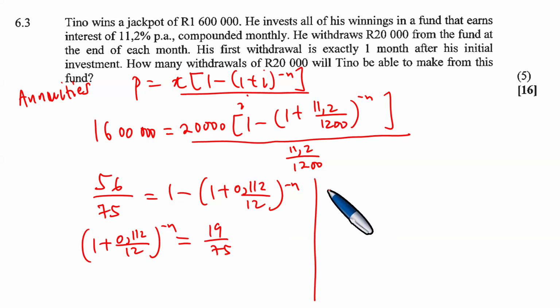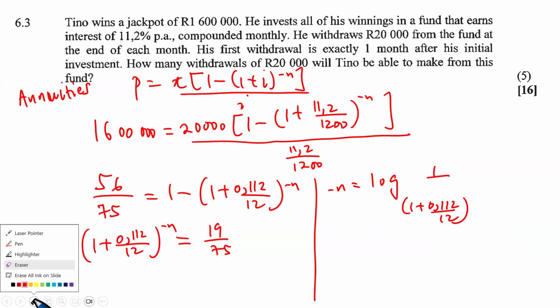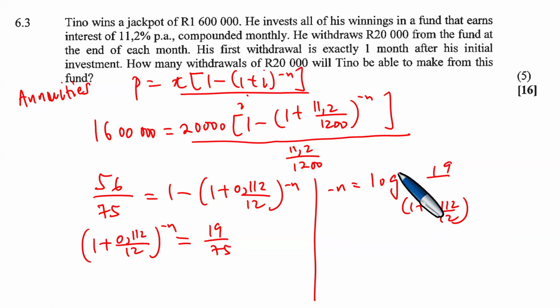Using a calculator, we're able to see this. You can use a calculator with ease, meaning our minus n is the log of the base, the log of 19 out of 75. The base is 1 plus 0,112 divided by 12. So we have exactly that. So this is exactly 19 over 75. Use a calculator, which is minus n, which is minus